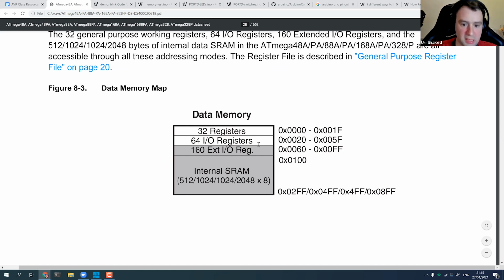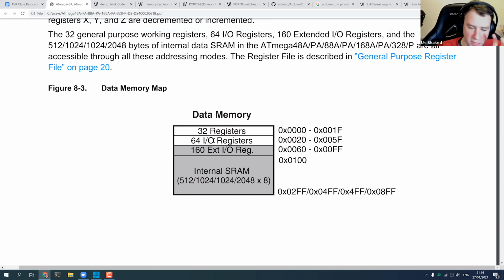When we get to assembly, there will be a difference. And we also have another sort of address space, which is the I/O address space. I'm not going to talk about it today, but when we get to assembly, we'll have to recognize that it exists.